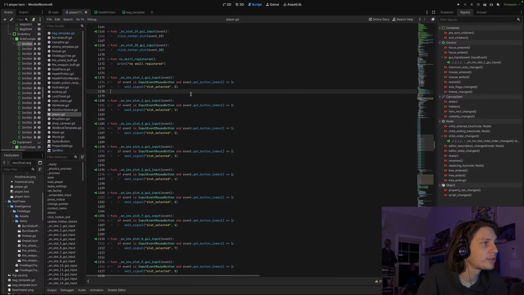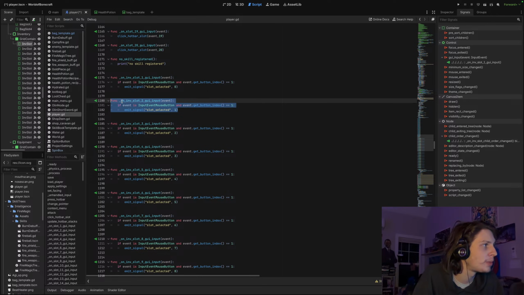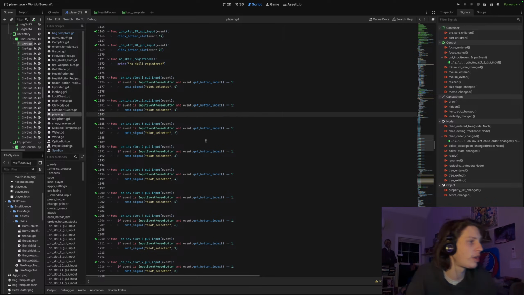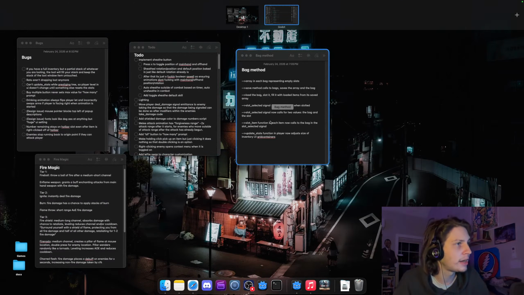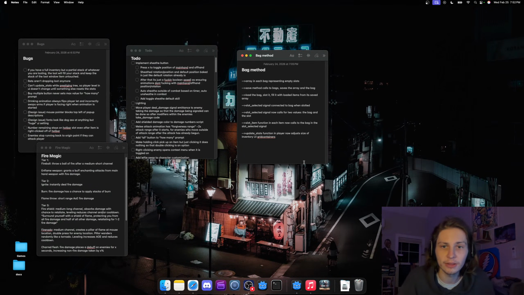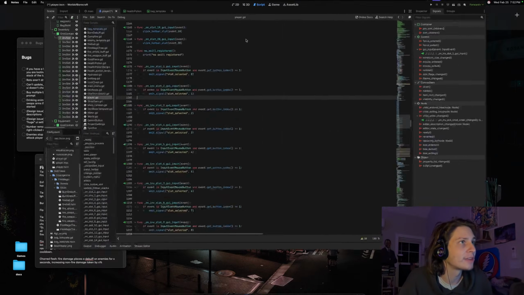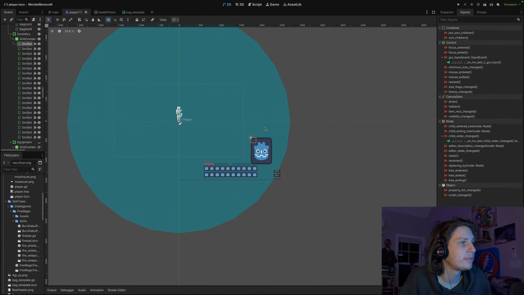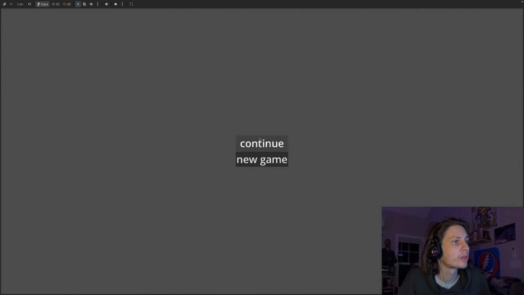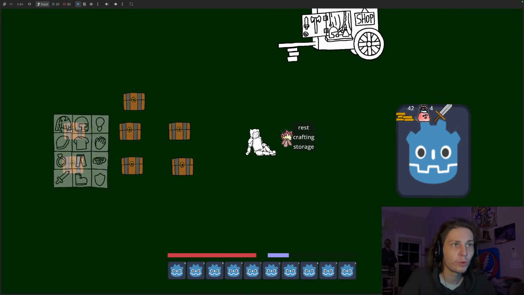But again, it's fine that it's stupid because I knew that I was going to replace it. I thought multiple times about just going through and fixing it all up and making it look good. I'm glad today that I didn't, because we're going to be working on the bag method. We're going to be putting in bags. So instead of having one set inventory, which is the way it works now, where you have 20 slots no matter what,